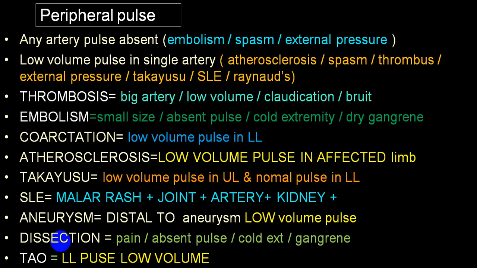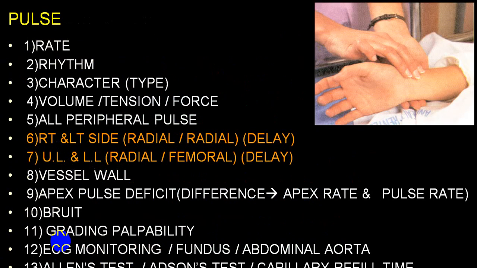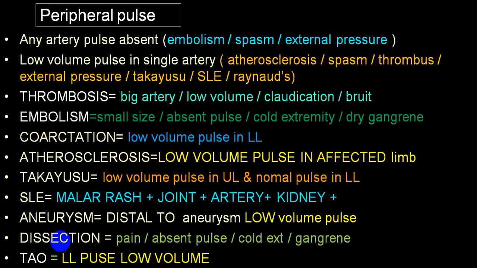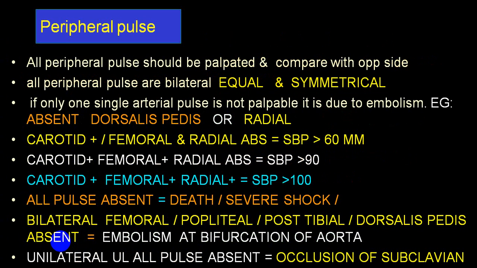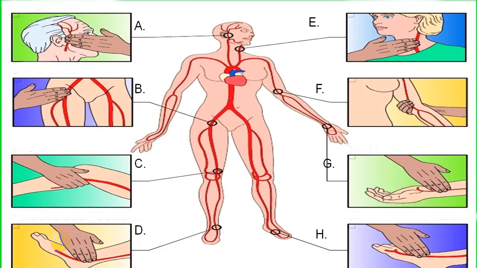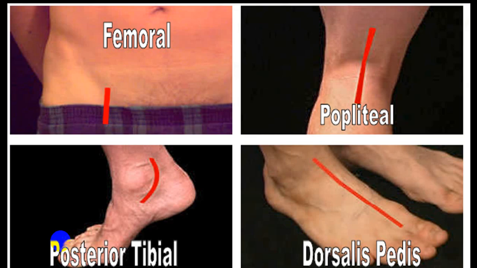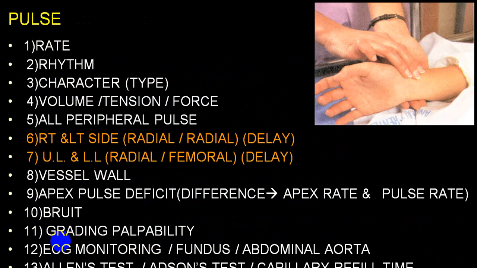So these are all the things which you should look for in peripheral pulse. And a good number of questions can be asked to you in your oral. So these two slides are of great importance. So at your leisure time, do go through, and you should be aware of all these different peripheral pulses. I forgot to mention regarding the facial artery, which will be palpable just in front of the masseter muscle over the mandible. Superficial facial artery. Facial artery will be palpable there.